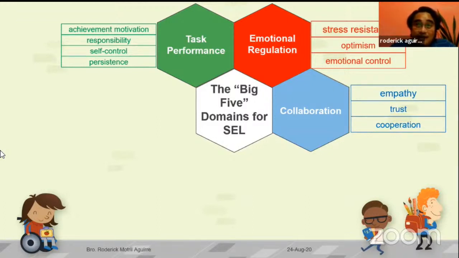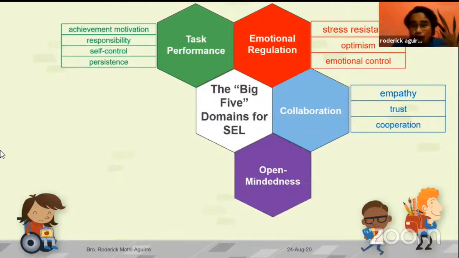And by having different tasks and collaborative effort, kids know that, as I've explained a while ago, they get to realize that each member of the group contributes to the whole performance of the group. And if they don't do their responsibility, it would contribute to the failure of the group's performance. So that cooperation would be instilled among our students. Next would be open-mindedness. And the open-mindedness via the task performance is that, curiosity.